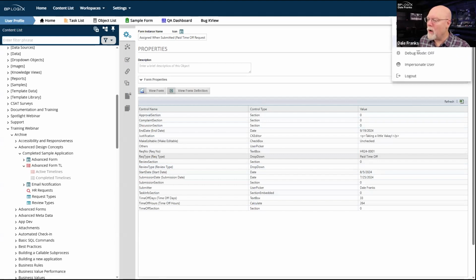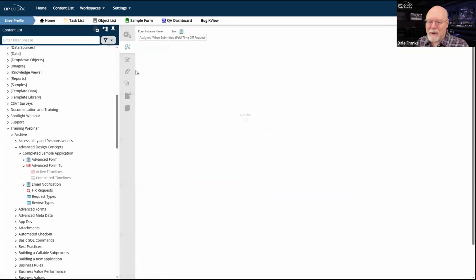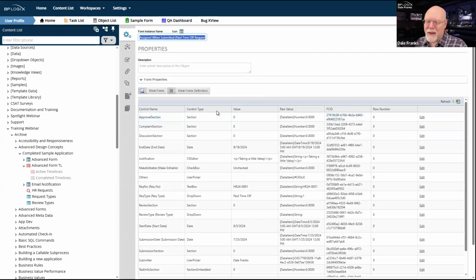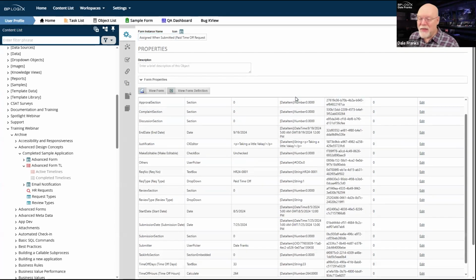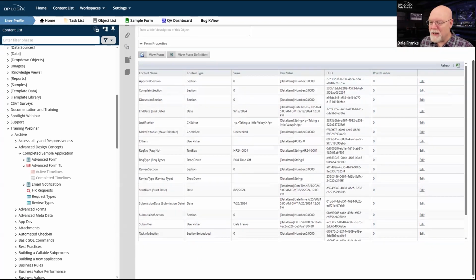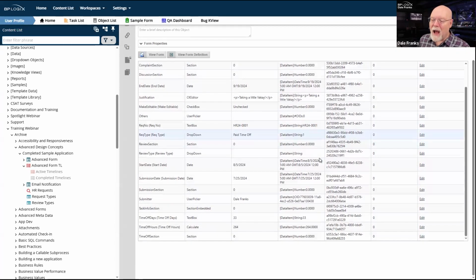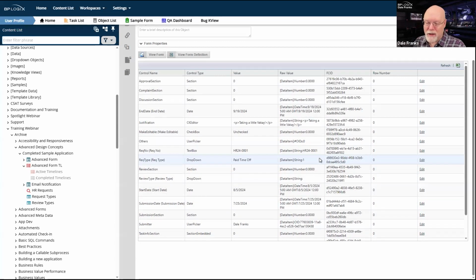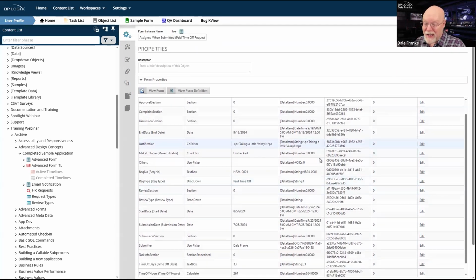So we're going to go up here and we're going to turn debug mode on. Now, what that means is I'm going to need to refresh this thing here. There we go. Now that I've refreshed my screen, this is what the form looks like in debug mode. Now we are in a totally different situation because now I can edit stuff.